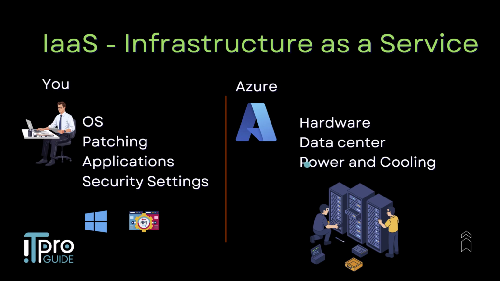If you want to relate infrastructure as a service to a real life example, think of infrastructure as a service like renting an empty house. Microsoft gives you the building, you decide what goes inside, and you maintain the interior. So if a Windows update fails or disk space runs out, you fix it. That is why infrastructure as a service is more popular with system administrators.